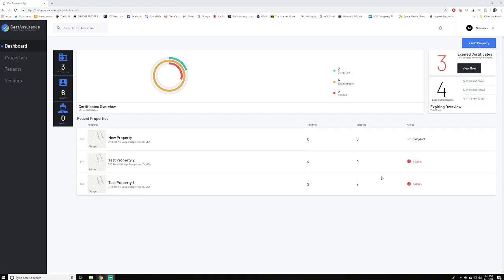page within the application. So you'll see here over on the left-hand side of the screen, there's some quick information about how many properties you have set up within CertAssurance, how many total tenants you have within the application, and how many total vendors you have within the application. We have a visual depiction here of some high-level information surrounding the certificates that you have uploaded into the system. So you can see we have 6 total certificates that we've submitted to the system. Of those 6, 2 are compliant, 4 are expiring soon, and of those 4 that are expiring soon, 3 of